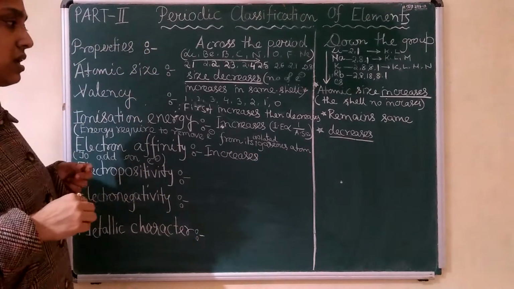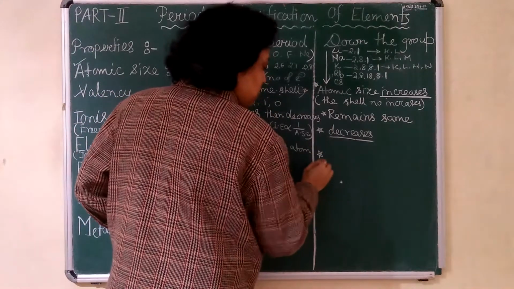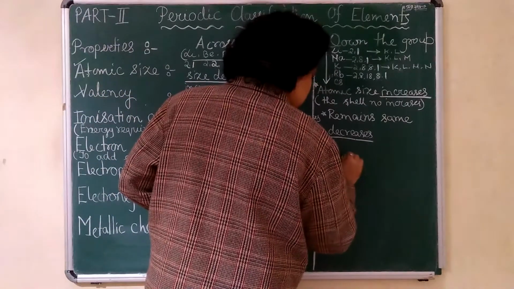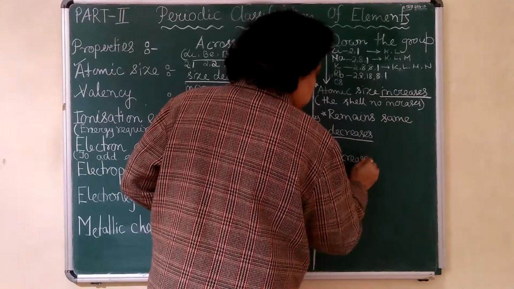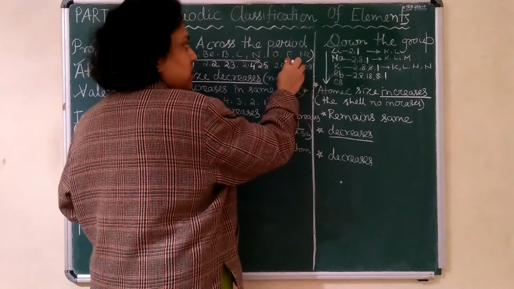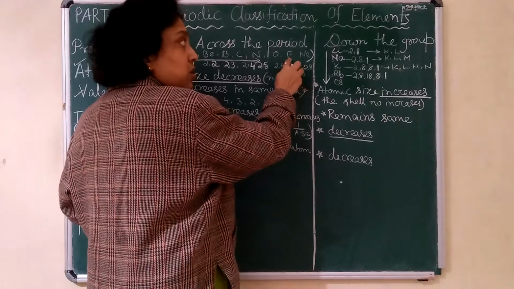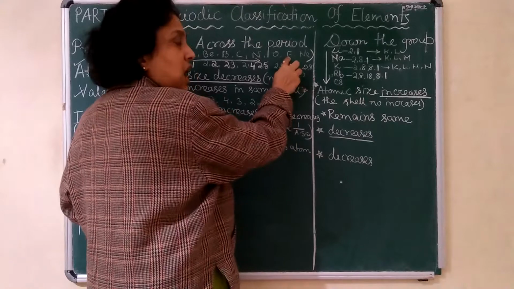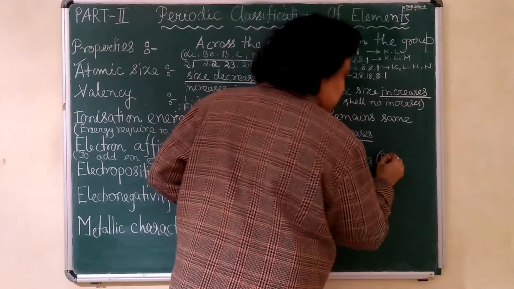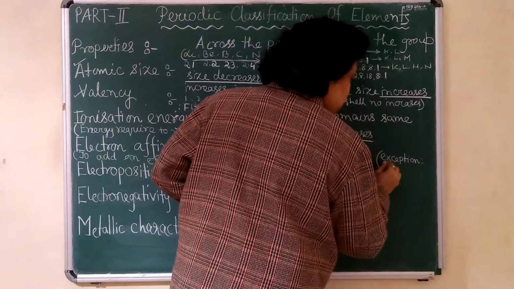Electron affinity increases, and down the group, due to the loosely bound electron, it decreases. But one exception is there. Although it decreases down the group, suppose the last row is fluorine, chlorine, bromine, iodine. Fluorine should have the highest electron affinity, but due to its very small size, there is an exception. So what is the exception? This one you have to remember.